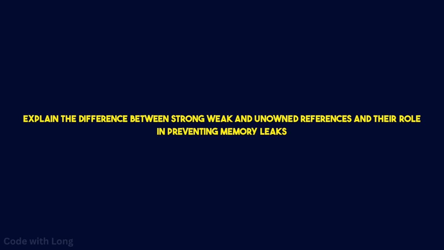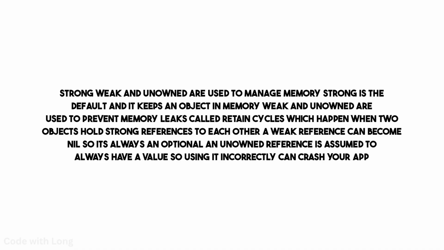Explain the difference between strong, weak, and unowned references and their role in preventing memory leaks. Strong, weak, and unowned are used to manage memory. Strong is the default, and it keeps an object in memory. Weak and unowned are used to prevent memory leaks called retain cycles, which happen when two objects hold strong references